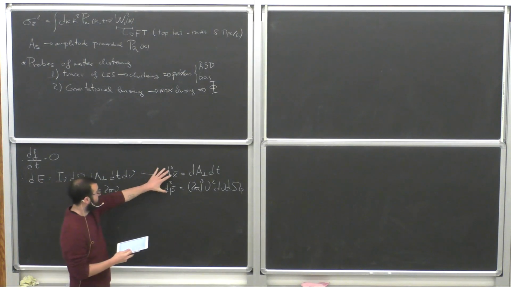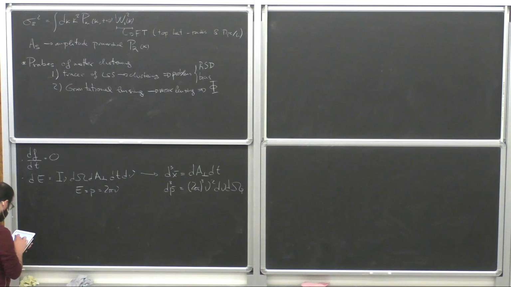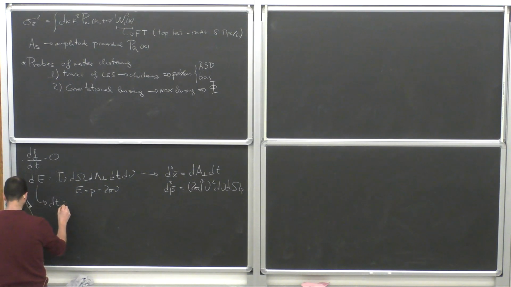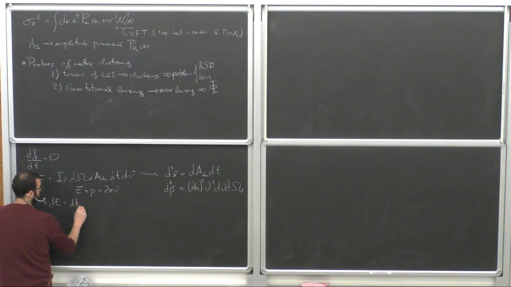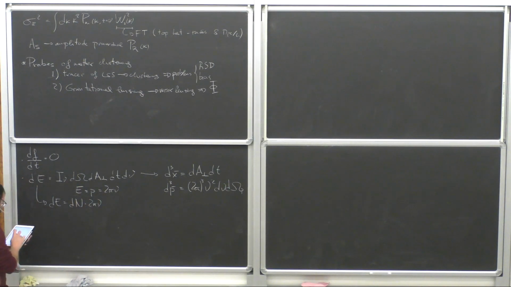So from here, basically we can translate the expression for the specific intensity in terms of the phase space distribution, because we know also that the energy that we observe is the number of photons that we receive times its energy,